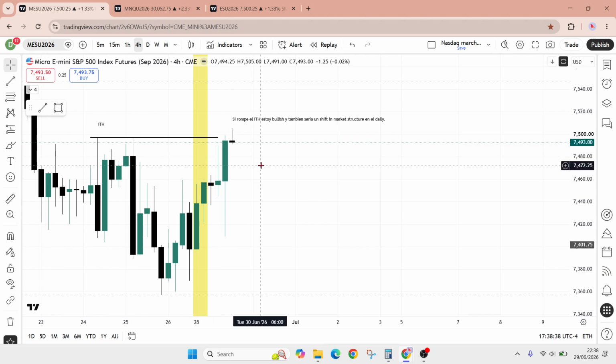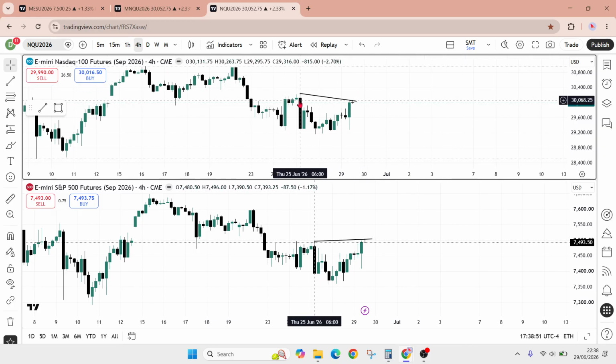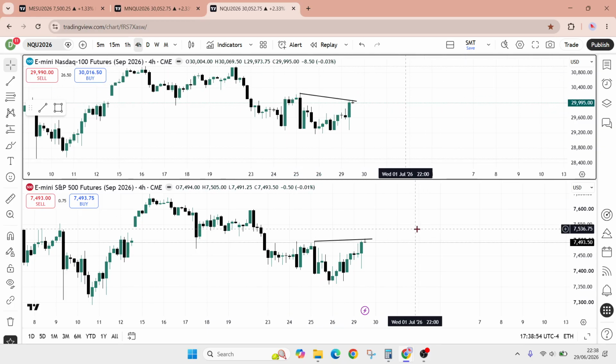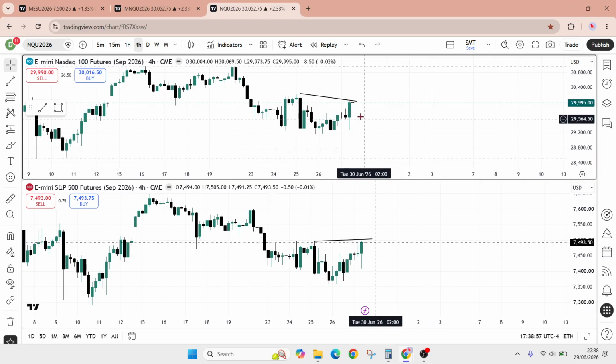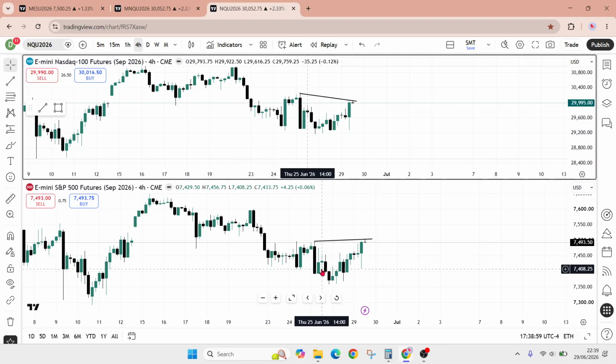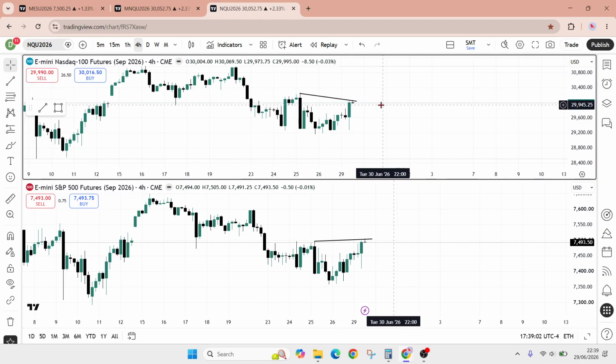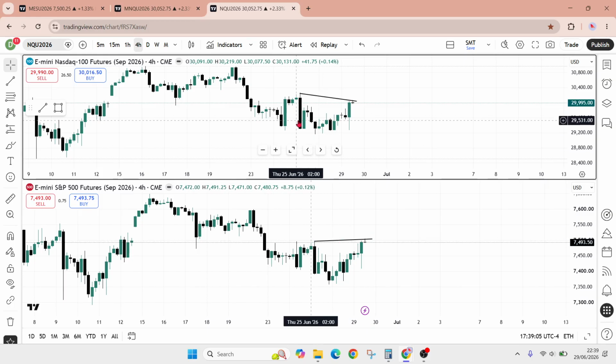So let's see how we get overnight and London session. So New York, I might place a trade for the things I'm seeing bullish, but you never know, because I'm going to show you the next step. Why you never know? Because this could be bearish, because of SMT. If someone knows about SMT from ICT, smart money technique, it is when we have a swing high, in this case, that is taken, but the other index hasn't achieved it.